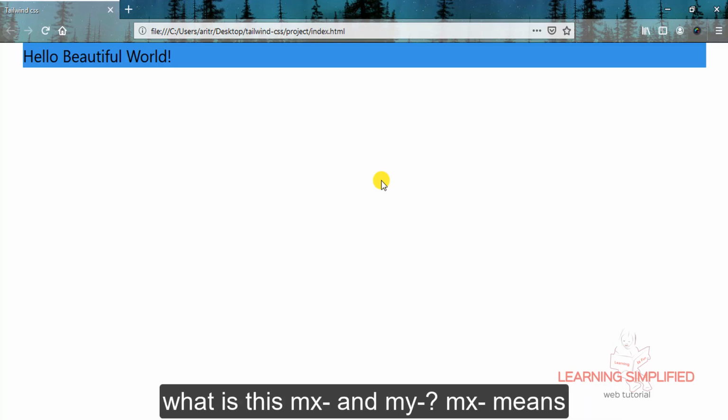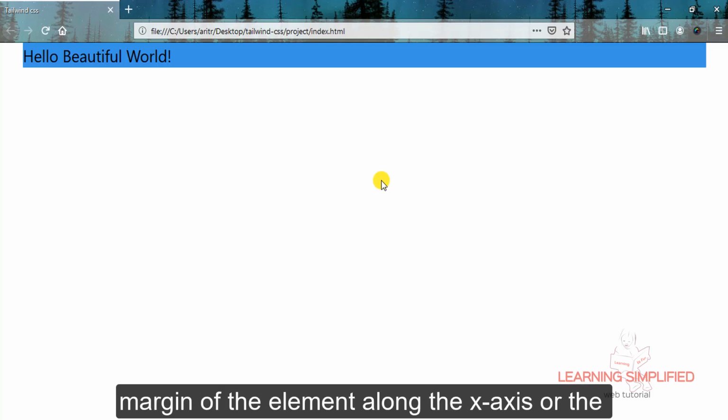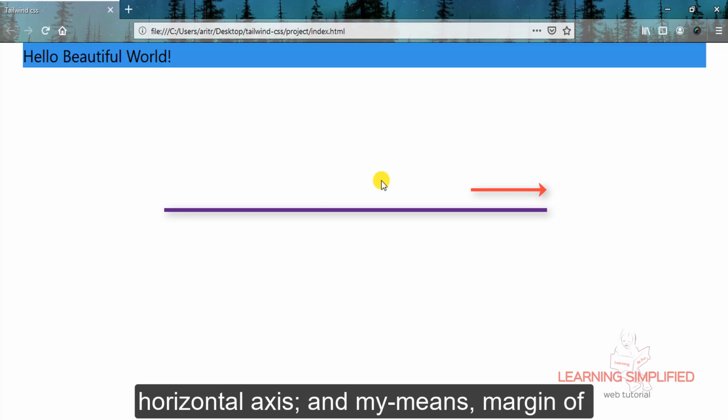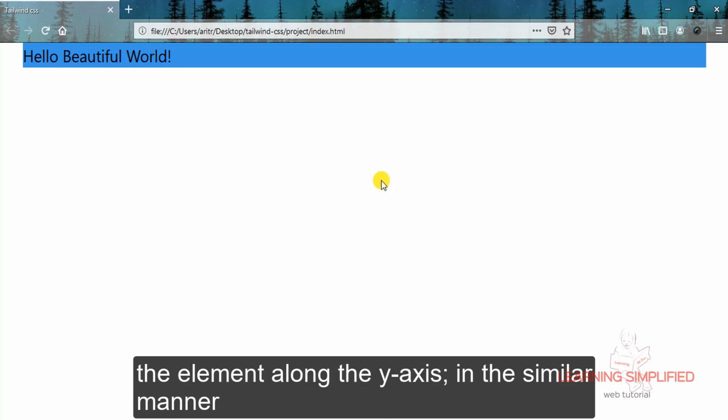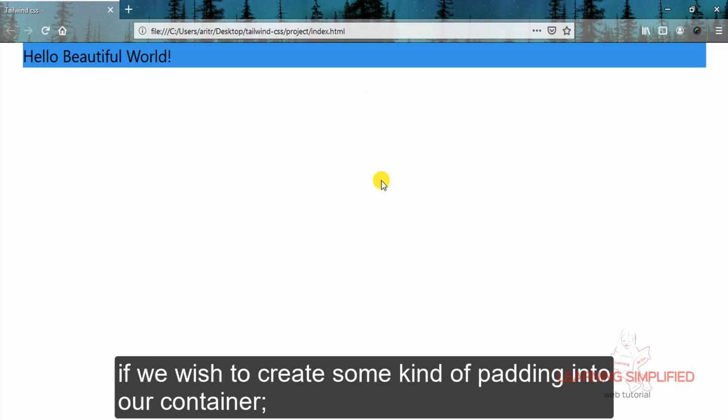So what is this mx and my? Mx means margin of the element along the x-axis or the horizontal axis, and my means margin of the element along the y-axis.